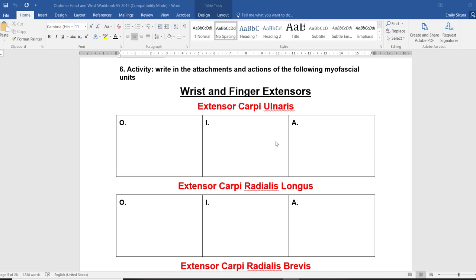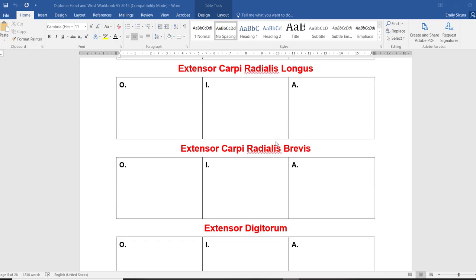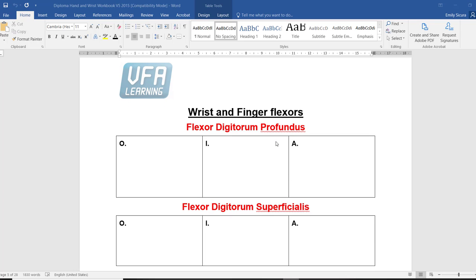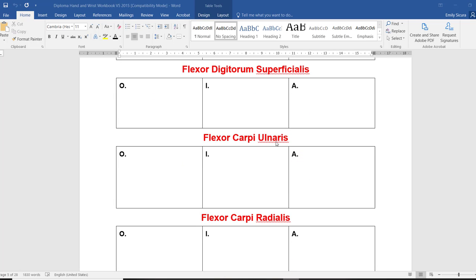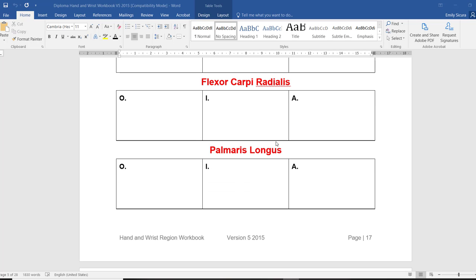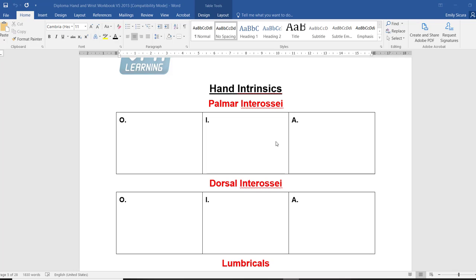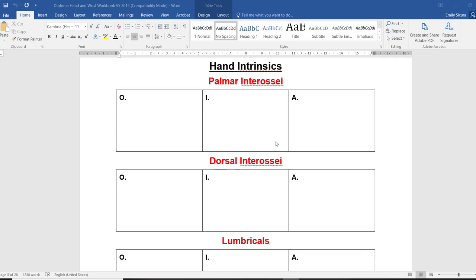So for part 6, you need to identify the origin, insertions and actions for the following muscles: extensor carpi ulnaris, extensor carpi radialis longus, extensor carpi radialis brevis, extensor digitorum, flexor digitorum profundus, flexor digitorum superficialis, flexor carpi ulnaris, flexor carpi radialis, palmaris longus, palmar interossei, dorsal interossei, lumbricals,